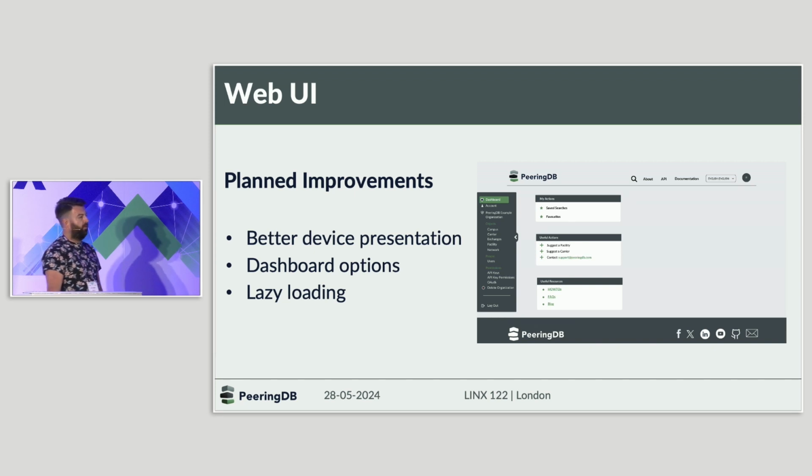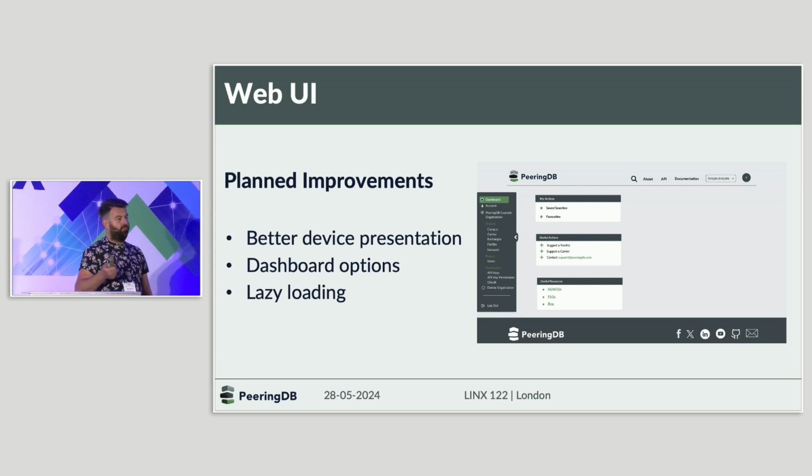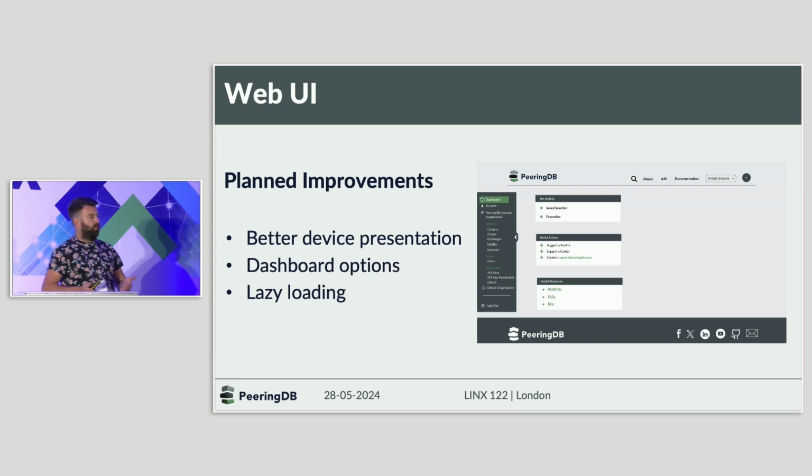Web UI. The next thing we're trying to change: I think everyone probably knows the UI has been pretty consistent for a while now. We're trying to make it so we have better device presentation. A lot of us are running around at events like this, so having a consistent look for how the app loads on your mobile or your iPad or your laptop, so you don't have to scroll around the screen. Lazy loading as well, to try and improve how the page loads and its performance, and overall improving the presentation and just refreshing that. And you can see an example here of what we're trying to drive towards.